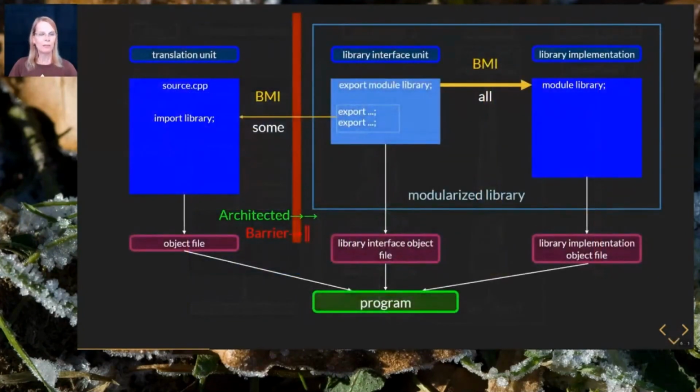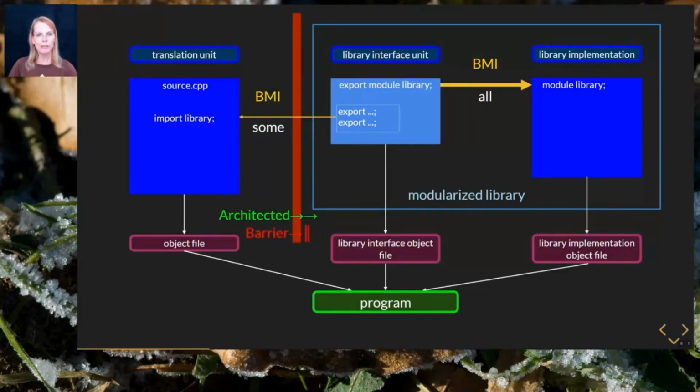Quite some time ago, at about the turn of the century, it became apparent that they need to do better. So fast forward to today, we finally can do better now. Modules change the compilation model in a way that the interface of a library is no longer textually inserted into a TU, but rather becomes a TU on its own. This shifts the protection boundary to the place between the library and the client code, right to where it belongs to be. Well, that's just a minor drawback though.